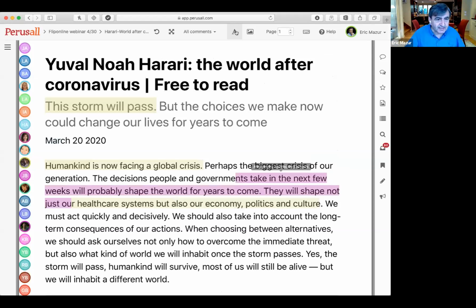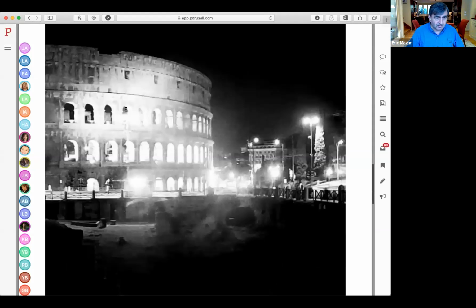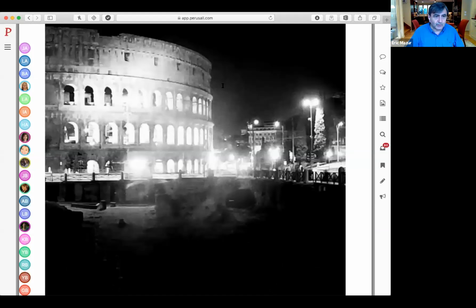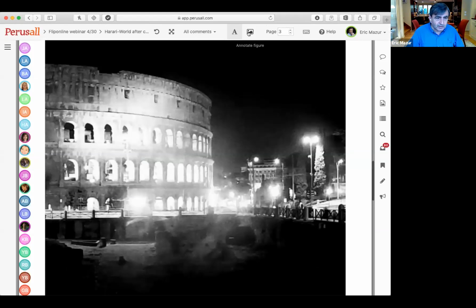A few more things. Let's say you have something visual, say you teach art history or you teach music, and we have people who are teaching those disciplines who are using Perusall. You want students to annotate a musical score or a diagram in a science textbook. In that case, then there are some illustrations here. You know, the text cursor won't do you any good. However, you can select the